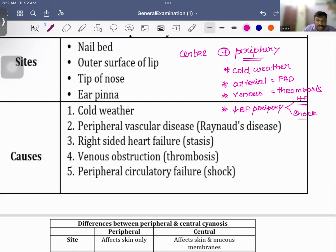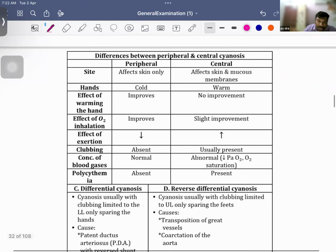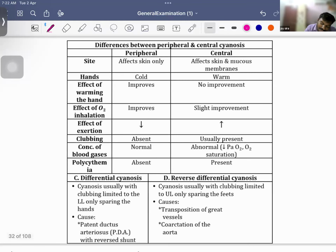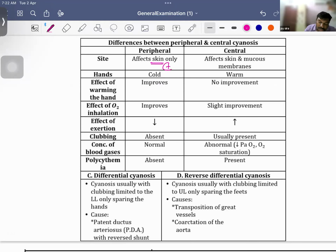So this is a very, very, very important thing. You must remember this well. Then, what is the difference between these two conditions? They will definitely ask you this in the exam. Whenever the patient has the periphery alone affected, then it is going to be peripheral cyanosis. So this is very, very important. Next,